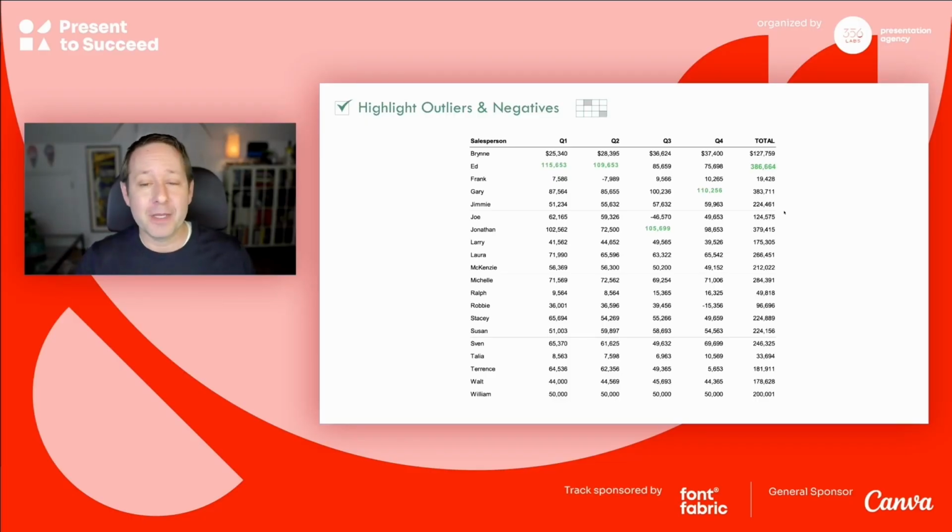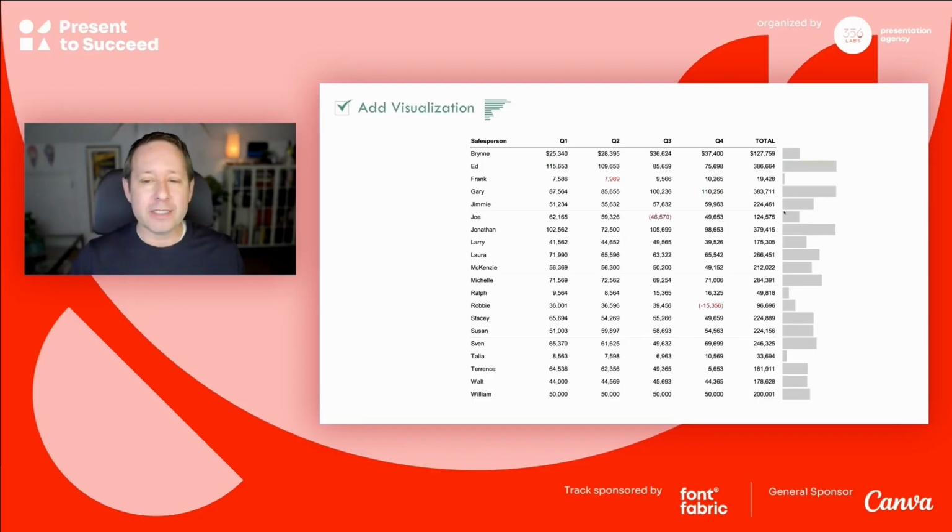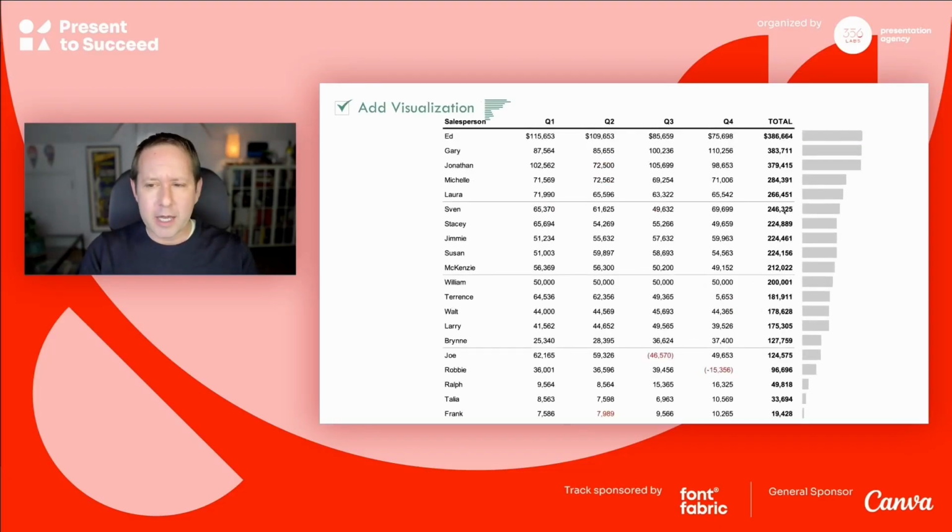But take it further. Tables are not glanceable by nature, but we can make them more glanceable by adding a visualization. And the easiest thing to do is to add data bars to a column. And the easiest way to do this is in Excel. You can kind of do it in PowerPoint, but with a separate chart, but it's a little clunky. Once you do this, you start to see, wow, alphabetical isn't helping me here. So let's resort these, right? And now that we get these data bars top to bottom, this really starts becoming a useful chart.